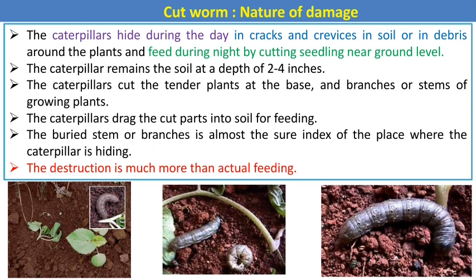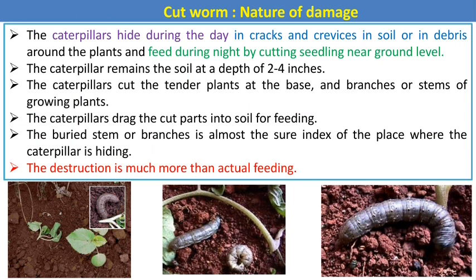This is the nature of damage. How does this caterpillar actually feed in field conditions? The family of this pest is Noctuidae. Hence, the caterpillar and moth are both nocturnal in habit. It means that during the daytime, it hides in soil cracks or crevices in the soil or in the plant debris, and feeds only during the night by cutting the seedlings near